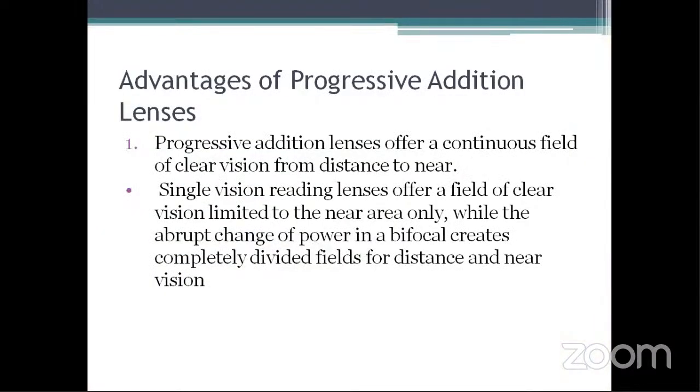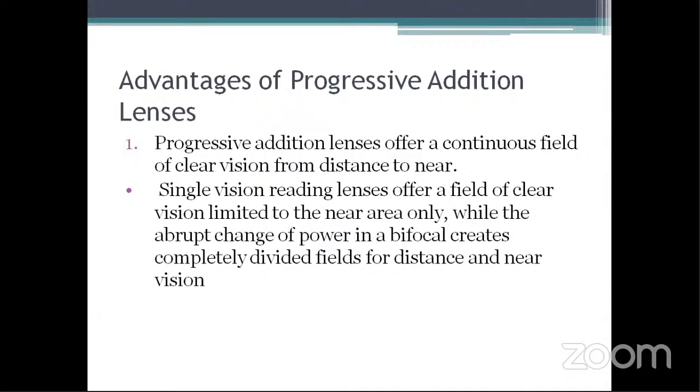Next, we move on to advantages of progressive addition lenses. Progressive addition lenses offer a continuous field of clear vision from distance to near. Single vision reading glasses offer a field of clear vision limited to the near area only. In bifocals and trifocals there will be an image jump, whereas in progressives there is no such problem because the lenses have a continuous field of clear vision, so from distance to near the power increases gradually, providing clear